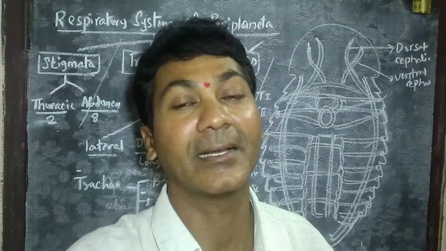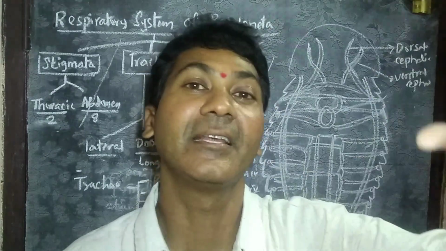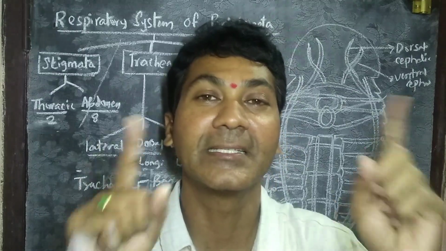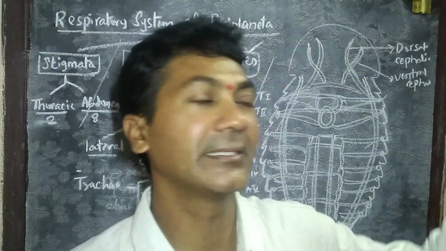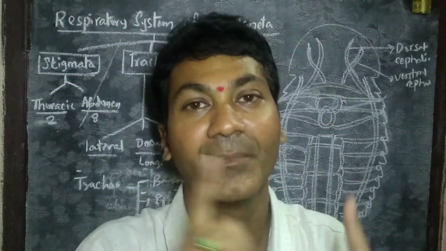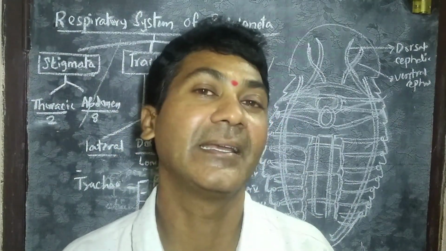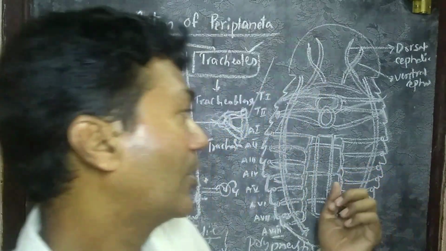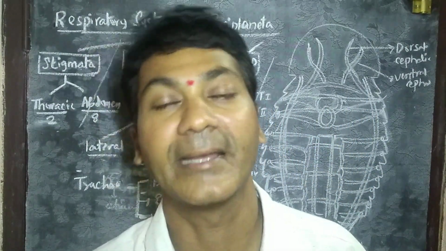So oxygen is entering through the trachea to get into the body, but carbon dioxide is not coming through the tracheoles or trachea. The carbon dioxide directly reaches the abdominal stigmata, then comes out. This is called discontinuous ventilation. As in humans, by which passage oxygen is going, in the same passage the carbon dioxide is coming. But in the cockroach, oxygen is going through the tracheal system, but carbon dioxide is not traveling through the trachea, directly reaching the atrium of the abdomen, and then it diffuses and comes outside. This is regarding tracheal respiration in the cockroach.